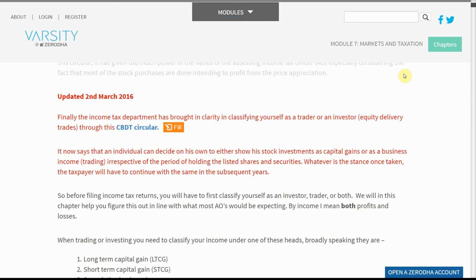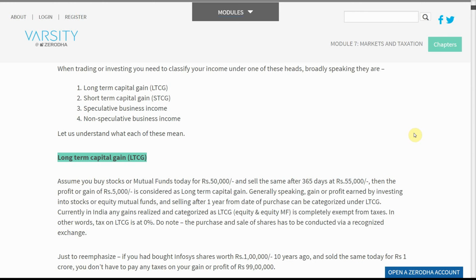So before filing income tax returns, you will have to first classify yourself as an investor, trader, or both. We will in this chapter help you figure this out in line with what most AOs would be expecting. By income I mean both profit